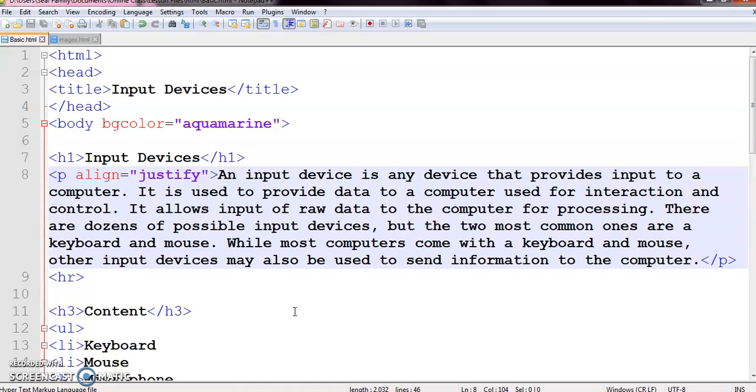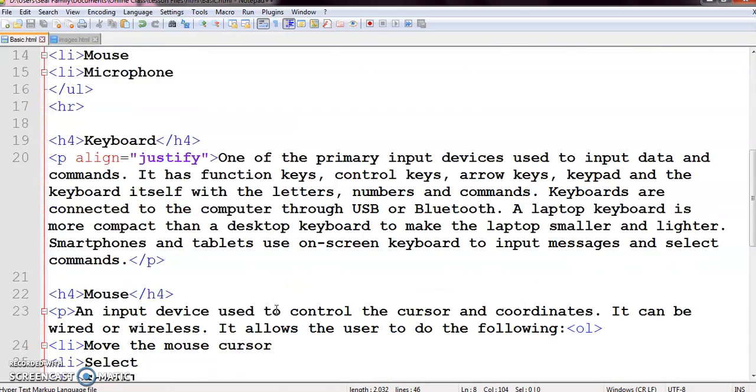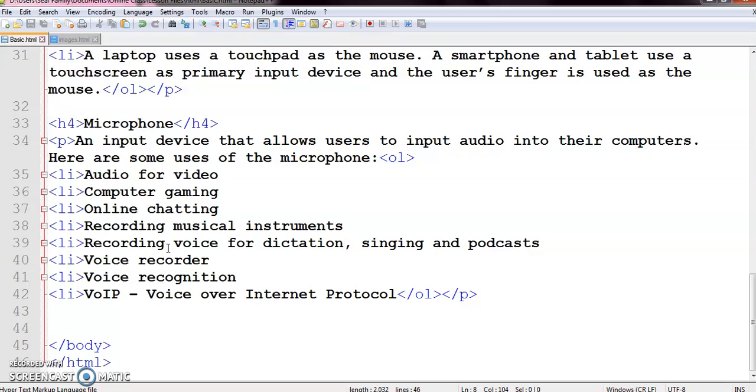So first of all, let's create the bookmark. For creating the bookmark, we are going to use the same anchor tag, but in here we are going to use the name attribute of this anchor tag.